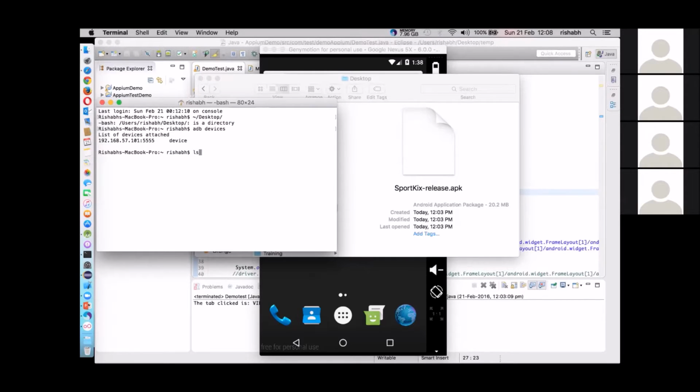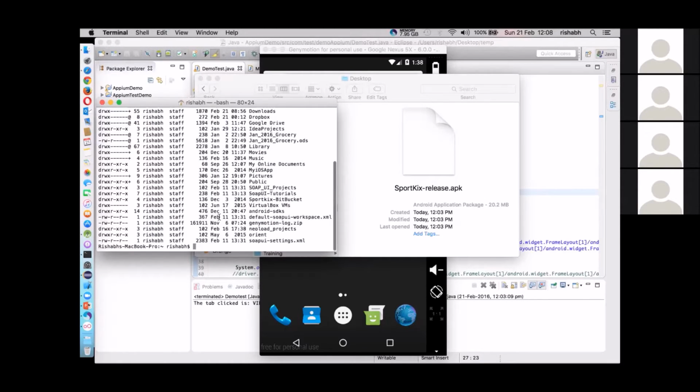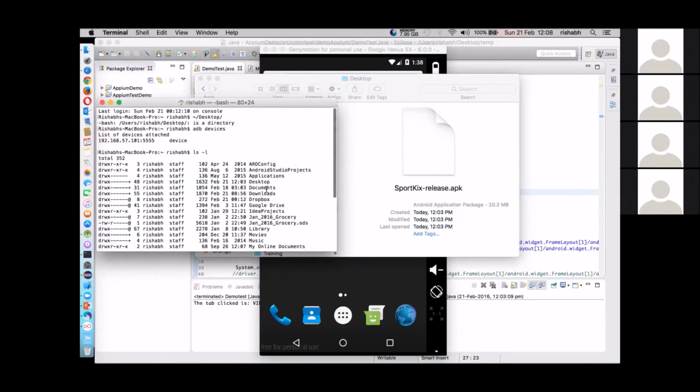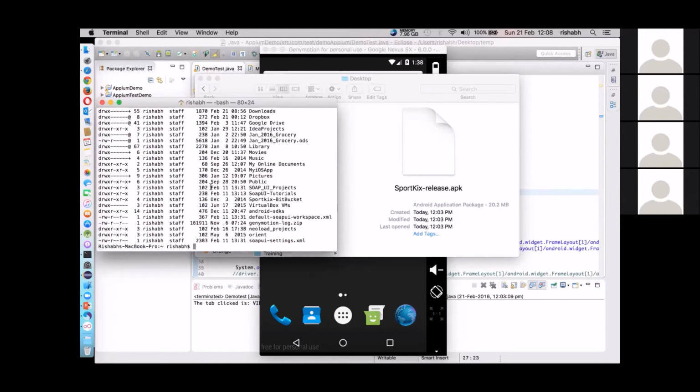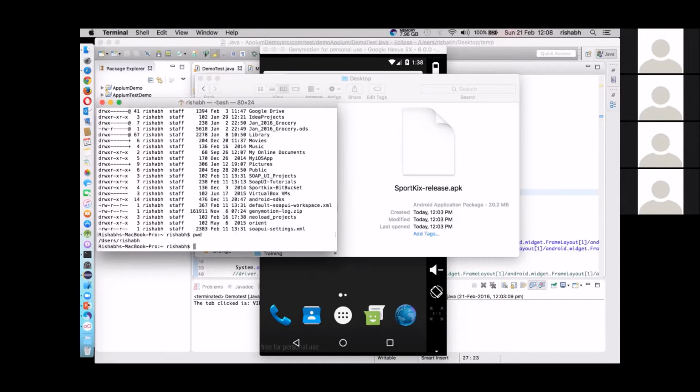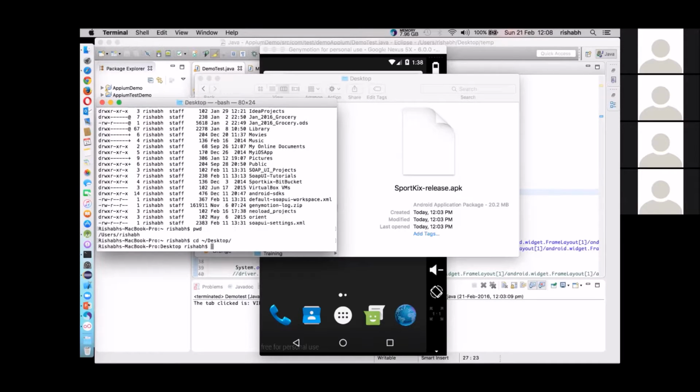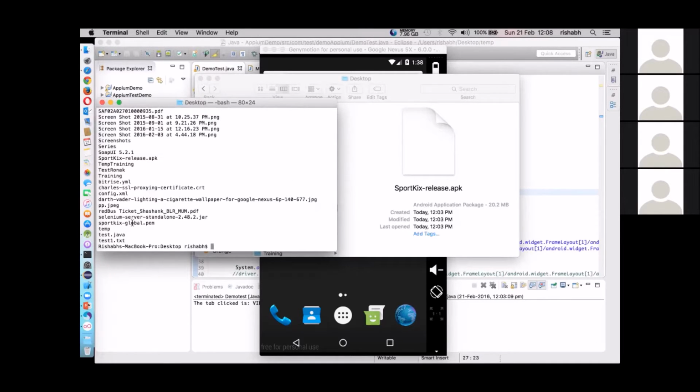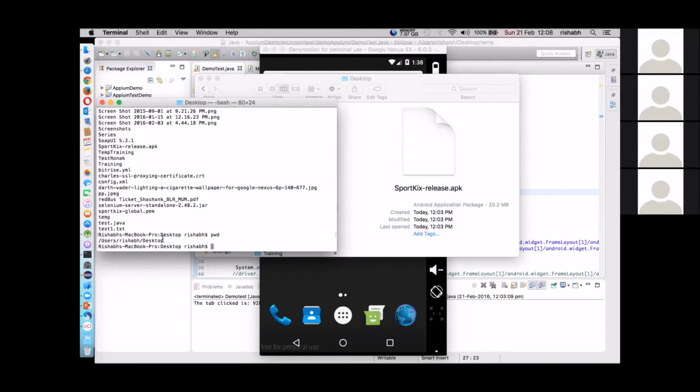Let me first list what items are available on my desktop. Okay, right now I'm in the wrong folder, that's why it's not showing me. Yes, now it should be available because right now I'm working on desktop.